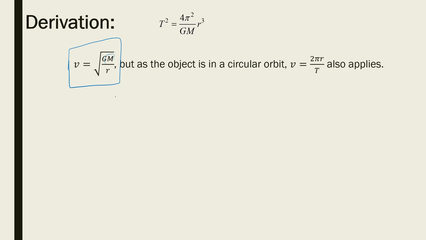We look at it in terms of a satellite, but that's the speed of a planet orbiting the Sun. And now that speed, if something's undergoing uniform circular motion, is 2 pi r over